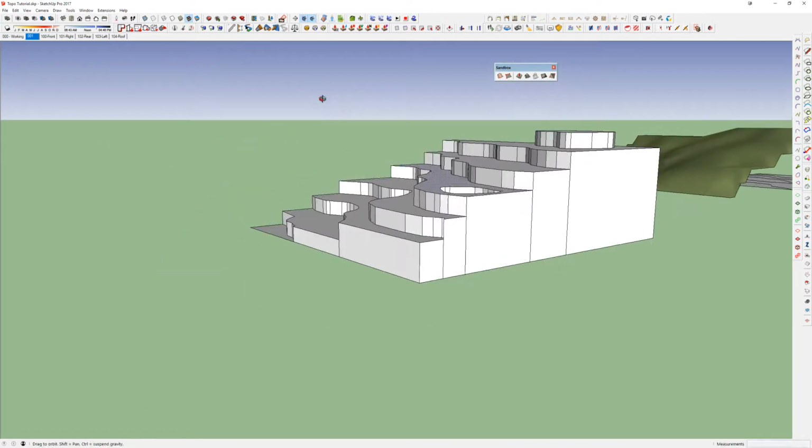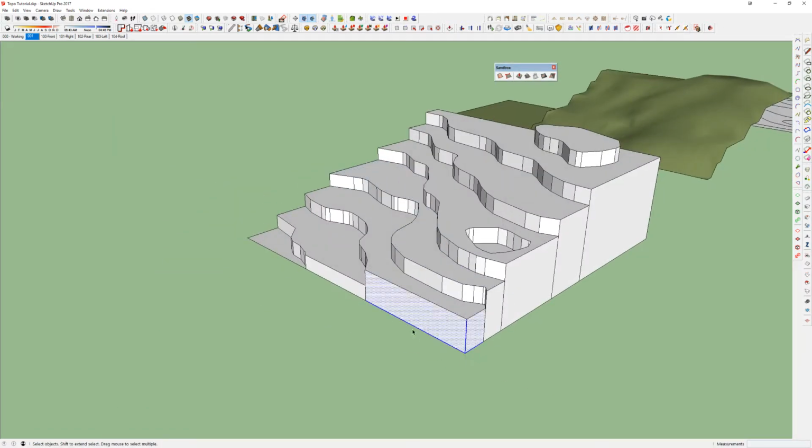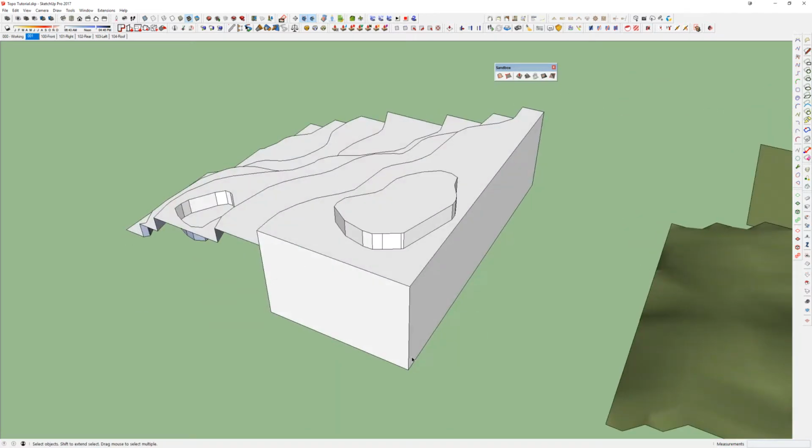There we go. Even getting rid of the side pieces that we talked about,